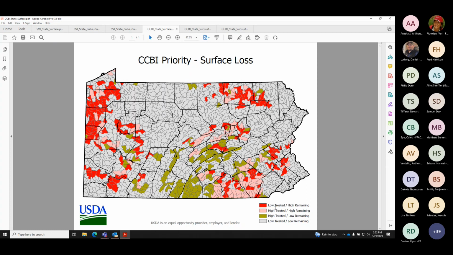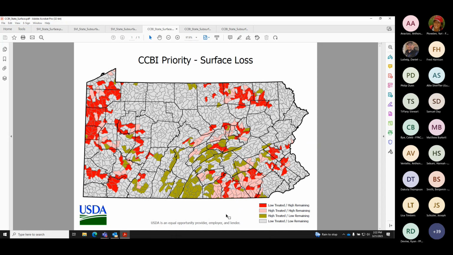And you're also seeing the high and low treated here. So high treated, low remaining, that's the green color. These are areas where we've really done a lot of work and there's not as much left to do. These would be kind of the lower priority areas to work on. Low treated, low remaining, like I said, there was maybe never much to do in the first place. And then the low treated, high remaining, this darker red color would be the areas that are in the most need of action. So these are areas with very vulnerable soils where there's a lot of fields that have not gotten their